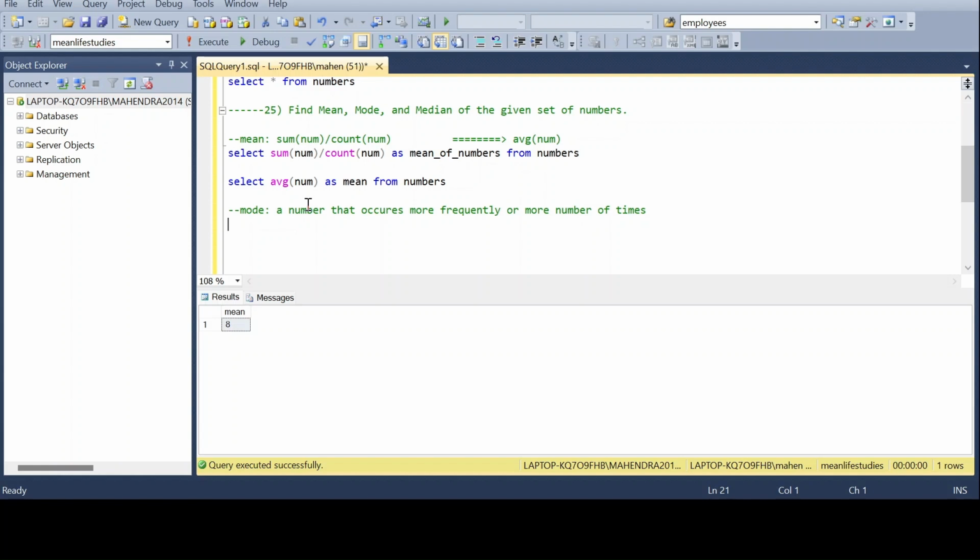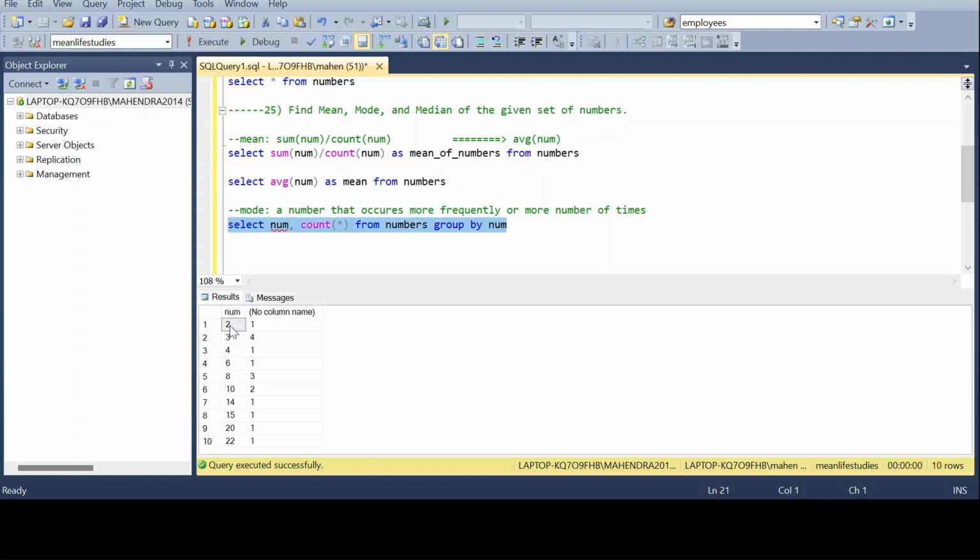For that we need to count how many times a number occurs. So we need to return the number, and we need to count how many times a number occurs, right? From numbers we need to use group by num, right? Now if I execute this query,